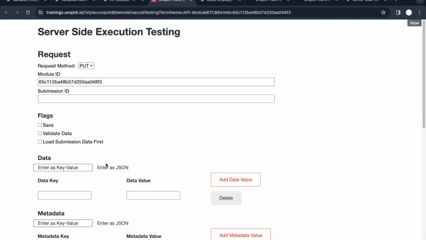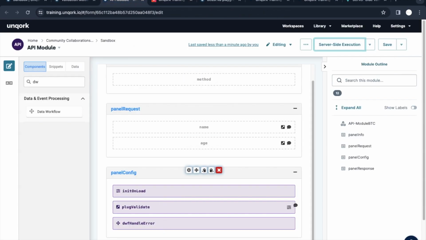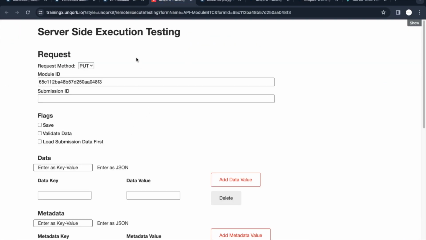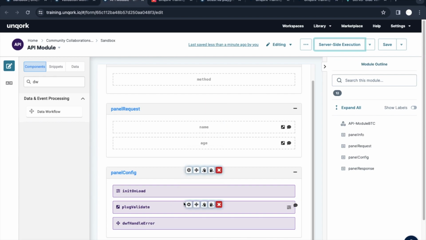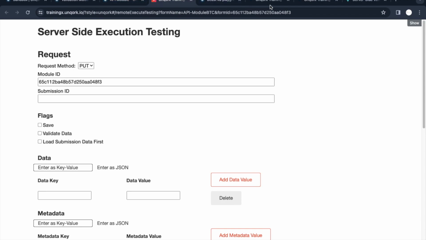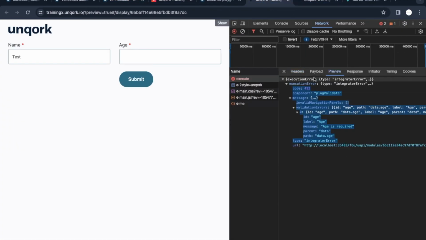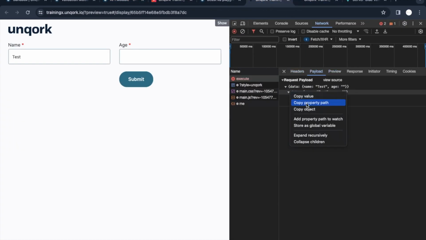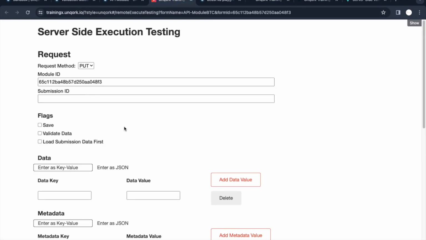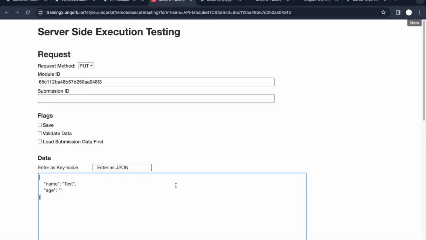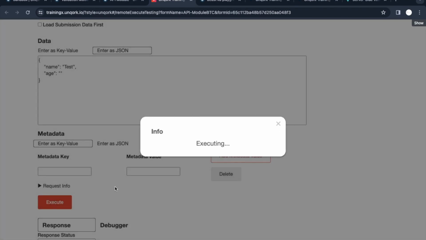I can directly write those variables here in this plug handle error, but you would be getting confused, right, about where those variables came from. So for that I'm executing this on the server side, so you'll get to know what those variables are and where they came from, right? So let's grab that payload, which is this one. Copy object, and here I'm going to paste that, and here if I click on execute,